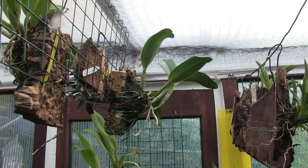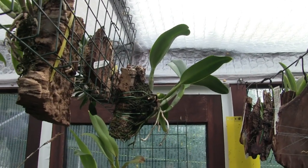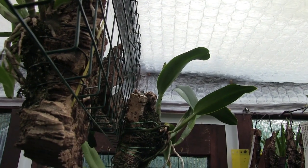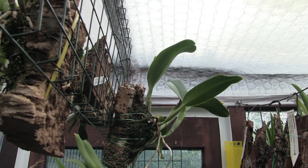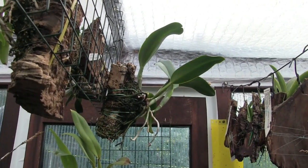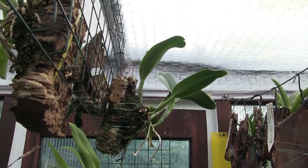So that's Cattleya Jarac Summer. And I've got to keep my eye on that because that's where it lives, right up near the roof. And as you can see, the latest growth with the sheath on it, that sheath is only a couple of inches from the roof. So when those buds do push out and they start growing at a better rate, which Cattleyas tend to put a spurt on once they break free of the sheath, I'll have to go very careful